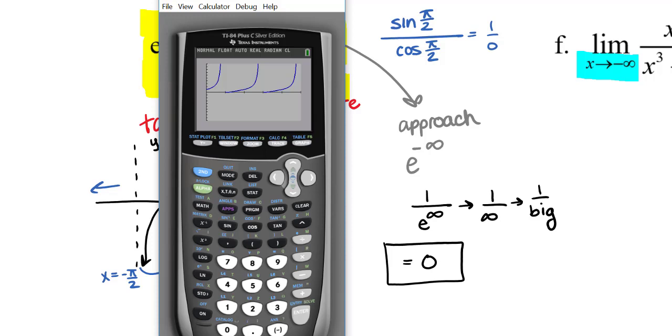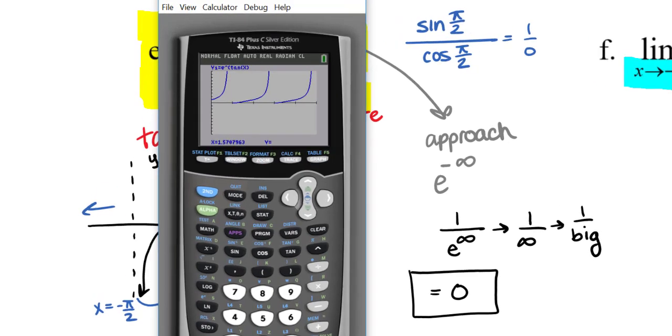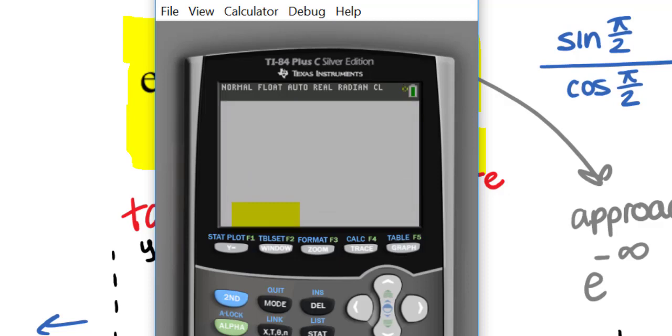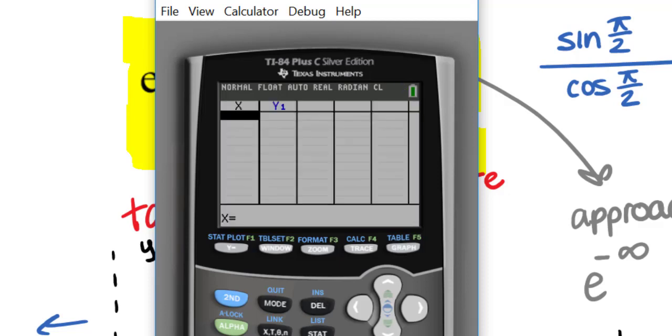And we're trying to approach pi over 2 from the right. So again, if I could calculate a value at pi over 2, I probably would like to do that. That would be the most beneficial, but it gives me a blank, and in my table of values it will give me an error. But it does tell me the decimal, 1.5707, etc. So I could, if I wanted to, go to my table of values here. I'm going to get out the old ones. And I could say